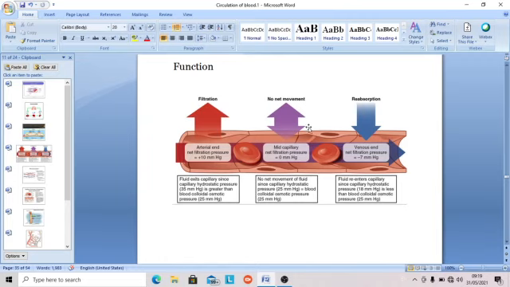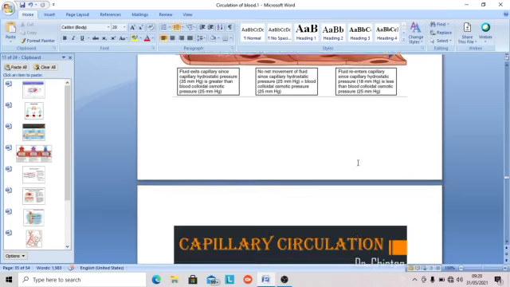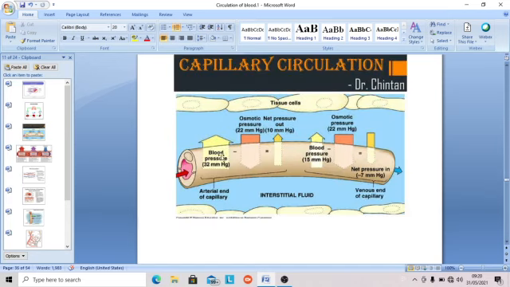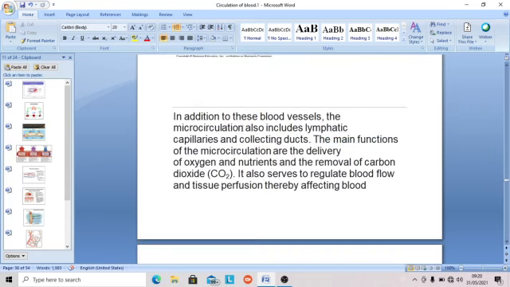So this is the tissue side. It filters in the artery end, there is no movement in the middle, and it absorbs back from the tissue on the venous side. Same thing, there is no movement between, and it absorbs at minus 70 millimeters of mercury. There is a net absorption pressure. Here the filtration pressure is plus 10.